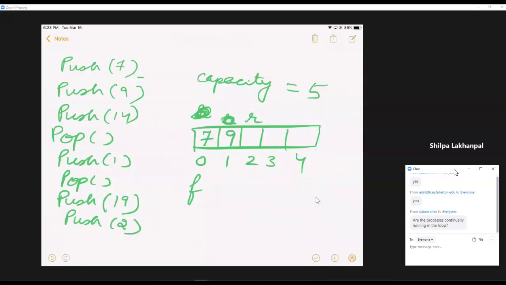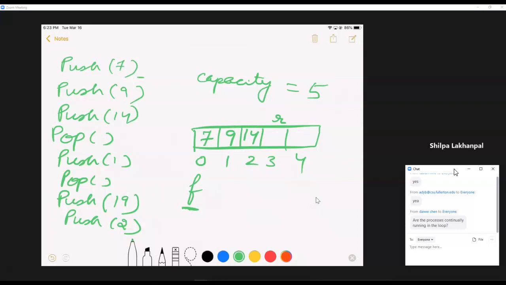Then 14 is placed over here, R is moved here. So at the end of the first 3 push commands, this is what the queue looks like. So front is pointing at the location 0 and R is pointing at the next available space where the next item can go in if a push were called.